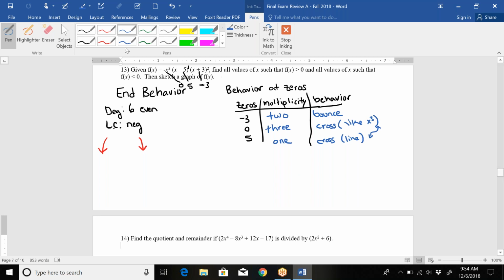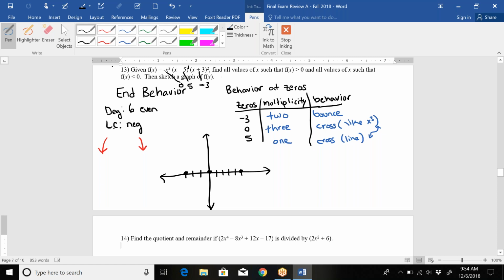Okay, so what we're going to do next is graph a number line. Don't worry about my y values. Until you get into calculus, you can't really figure out the max height and min at all of the values. So we're just doing a rough sketch of what's going on. And then we're going to place our x-intercepts on the graph first. So negative 3, 0,